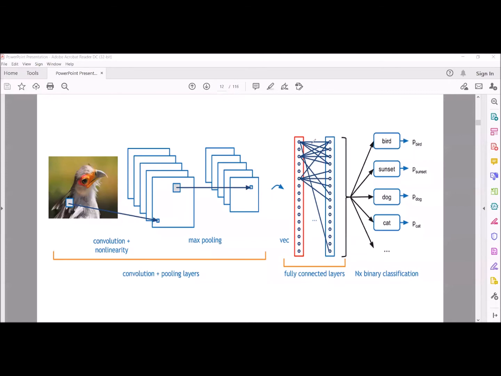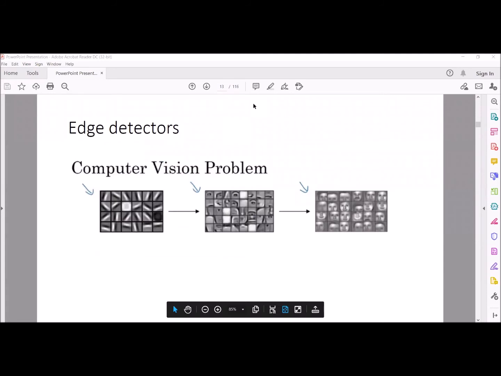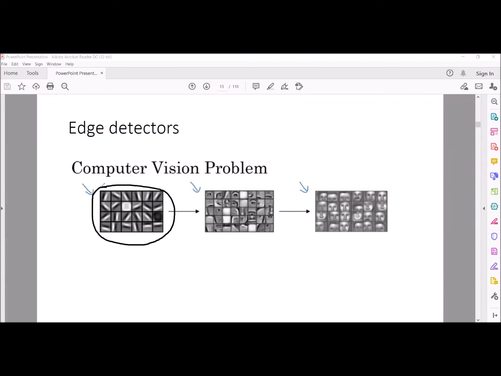Here we keep calling this a dense connection because each neuron is connected to all neurons of the next layer. This type of connection is called a dense connection. In reality, when we take the image, in the first layers we detect or extract the edge information. In the following layers, we extract eyes or nose or ears, the information related to small parts. And then finally, we extract the information related to the face. So this is how we proceed.